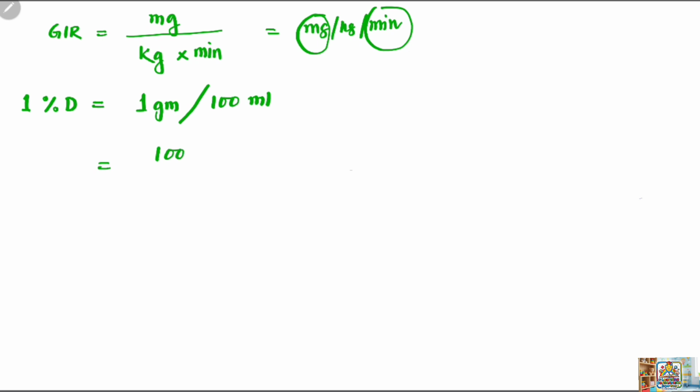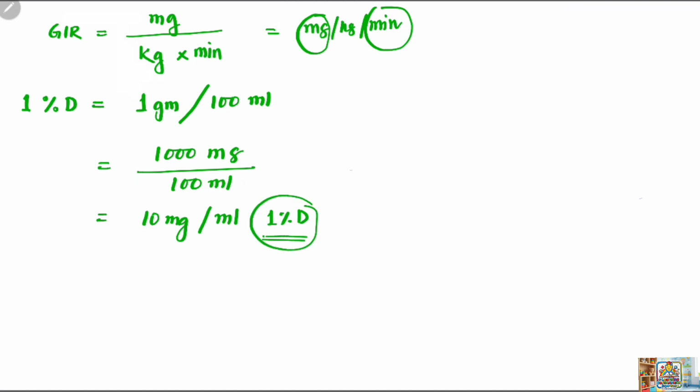That means 1000 milligram per 100 ml equals 10 milligram per ml of that 1% dextrose fluid. So total milligram